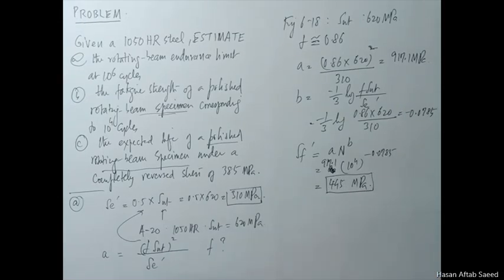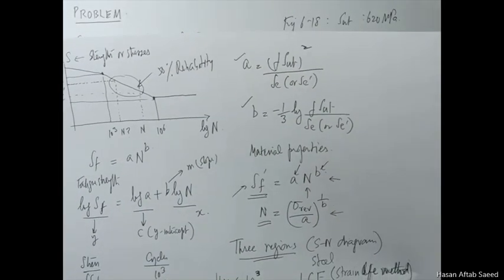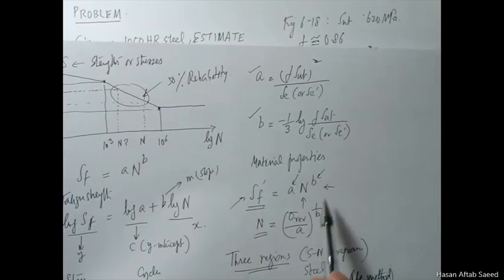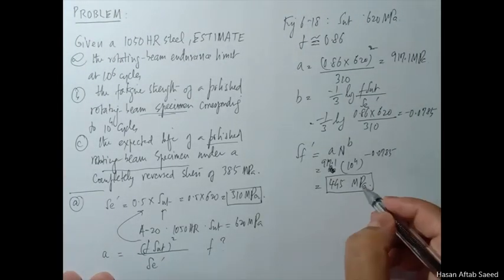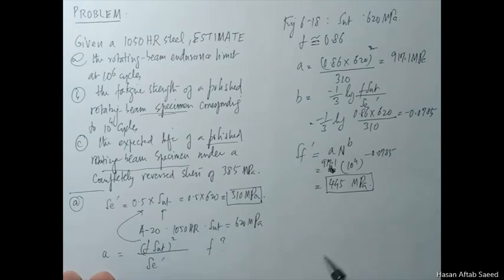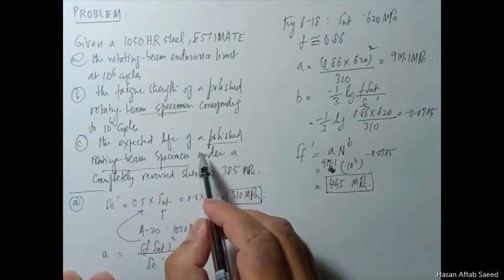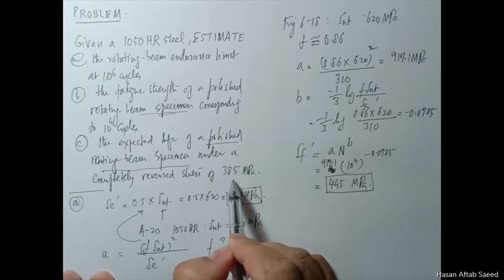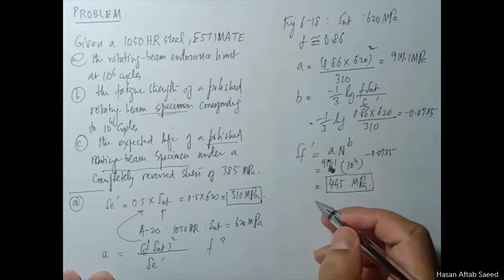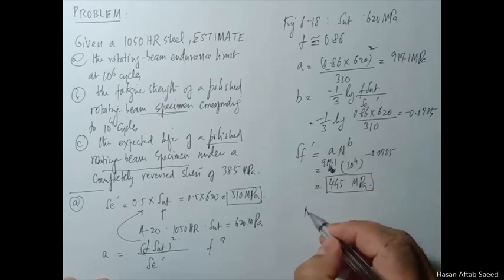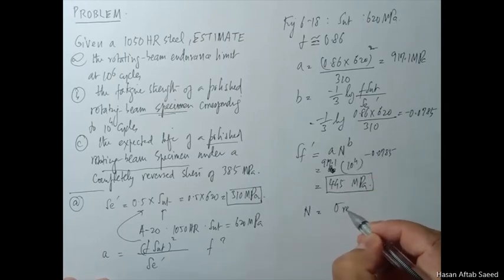You should verify these. We have just done this. So this is the answer for part B. Now we come to part C. In part C, it is the reverse. We know the stress that we need to apply on the body, and we need to find out the number of cycles. So we'll be using the formula N is equal to,